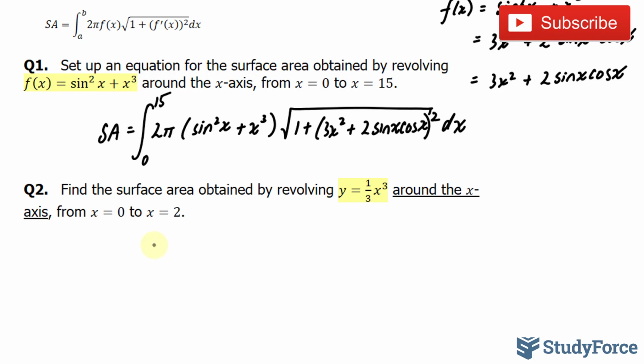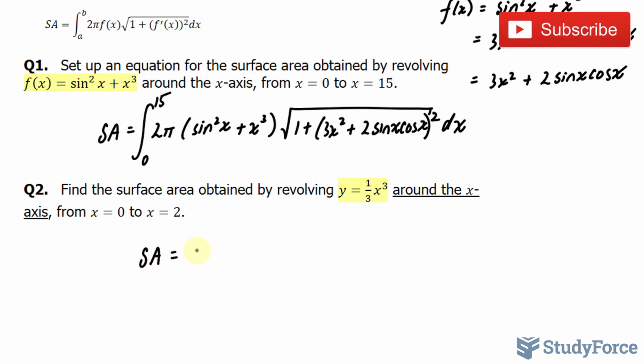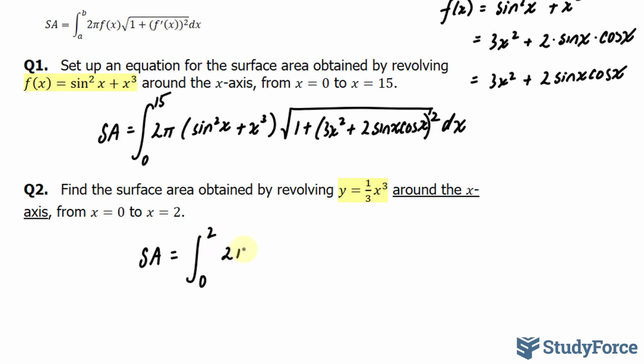So to set up our integral, we have surface area is equal to the integral between 0 and 2 of 2 pi, the function is 1 over 3 x to the power of 3 times the square root of 1 plus,